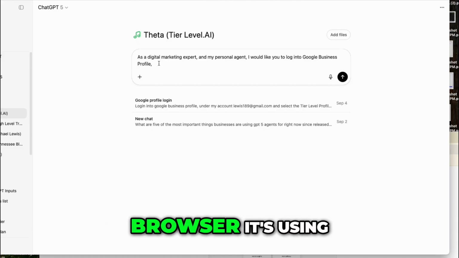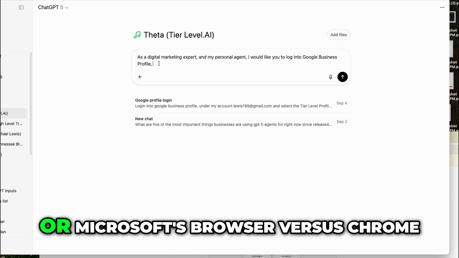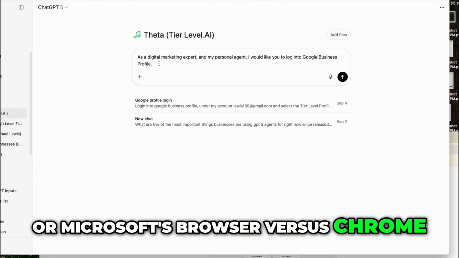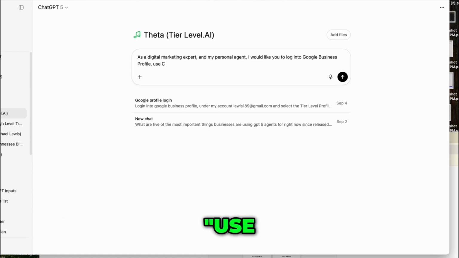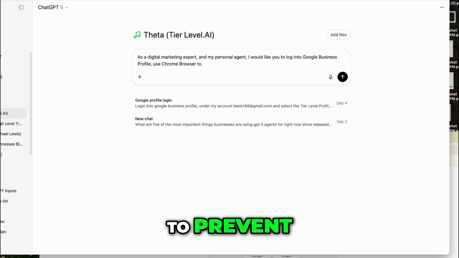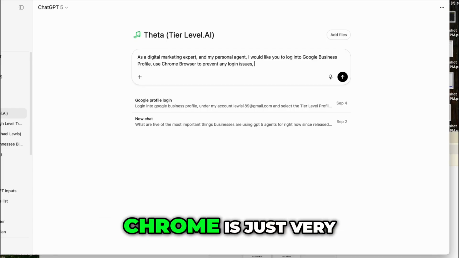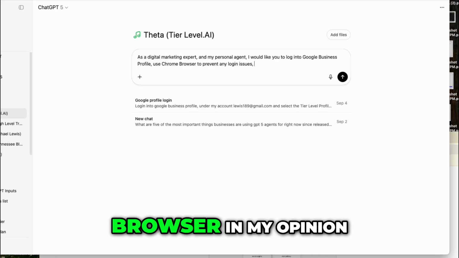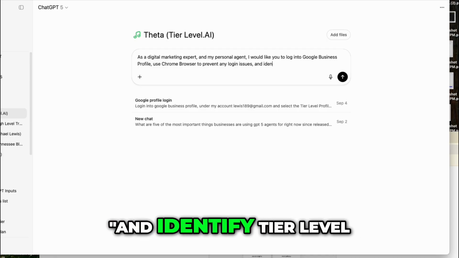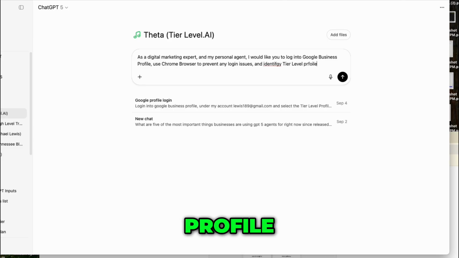That includes what browser it's using, because the other day we were having some login issues and it was pulling into Bing or Microsoft's browser versus Chrome. So I'm going to put: use Chrome browser to prevent any login issues, because Chrome is just a better browser in my opinion. And identify tier level profile,